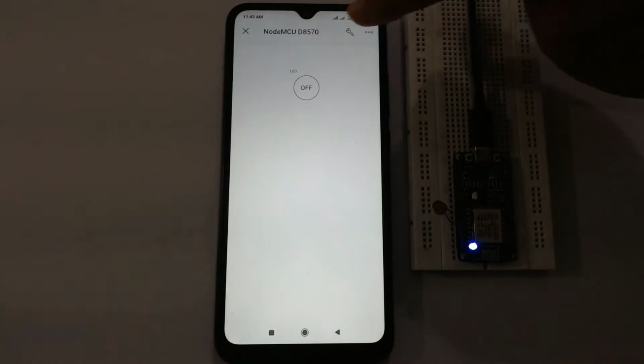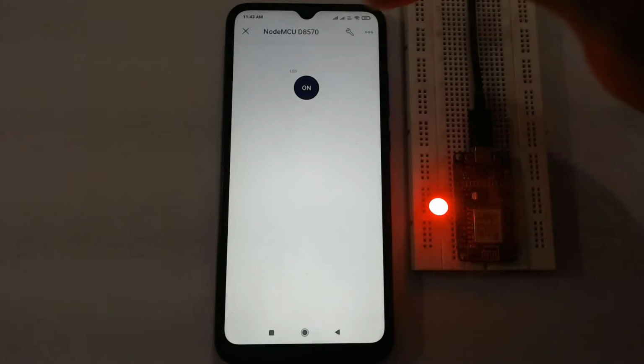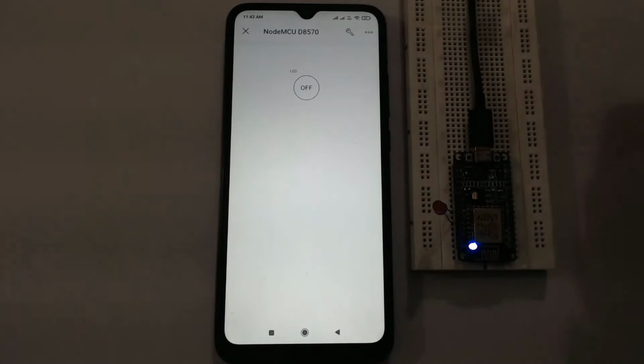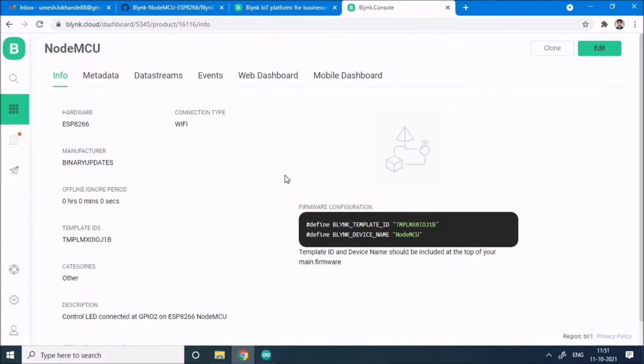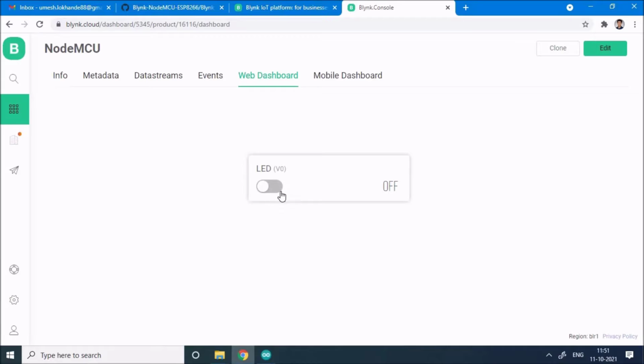And likewise, I can even go to my dashboard and control the LED, right? Let's go to the web dashboard, and remember we created this web dashboard under this web dashboard option. So if you try to control from here, it will not work. So this is a pretty interesting thing, because I spent a lot of my time to find out how the web dashboard will work with